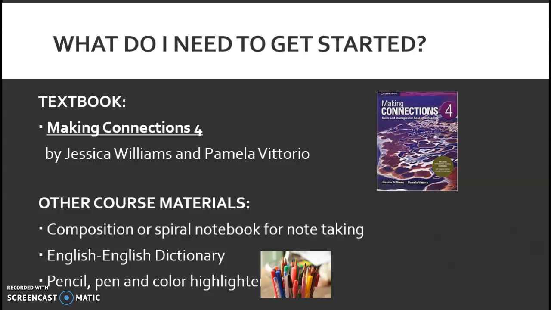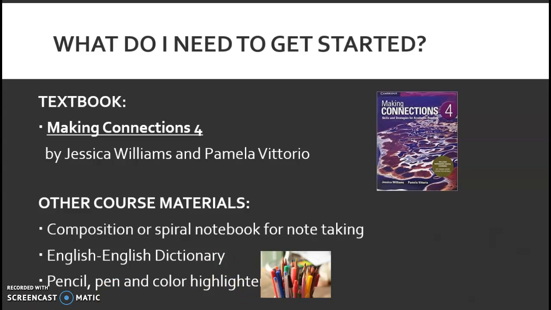You're also going to want to have a notebook, and that's really just for taking notes, vocabulary, ideas, outlining, and organizing your ideas when you're reading an article. You're going to need a dictionary, and a lot of students use the dictionary online. That's fine. Some students prefer to have a dictionary that's a hard copy book. So whatever you prefer, that's good. And then you're going to need pens, pencils, and even highlighters. That really helps when it comes to annotating an article, taking notes, finding the main